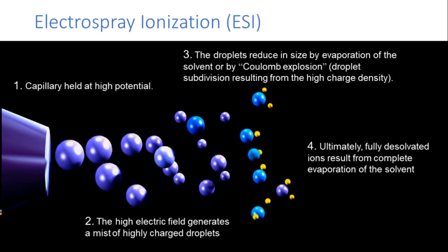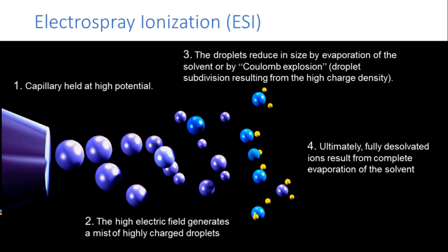Just to put it more simply, a capillary held at high potential, high electric field creates this mist of highly charged droplets. And this is an atmospheric pressure regime, so there's lots of gas molecules around to help solvent from the droplets to evaporate. So the solvent starts to evaporate, and these highly charged droplets start to reduce in size. Eventually, the charge repulsion of those charges on the surface of the droplet overcomes the surface tension holding the droplet together. And this is called the Rayleigh stability limit,